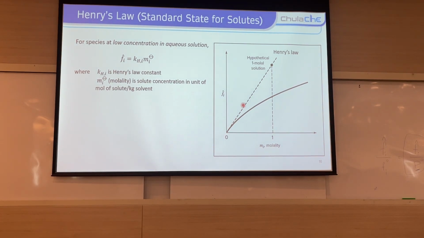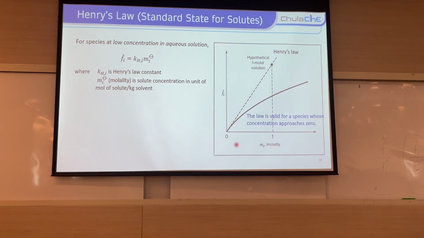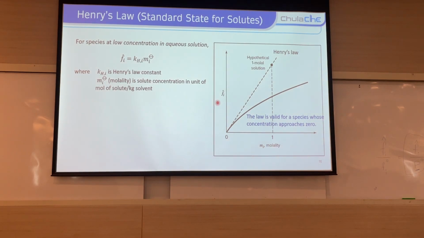You can get the straight line of Henry's law with the slope of the Henry's law constant. So in this case, if the actual concentration of species, when you plot between the fugacity and molarity, and the concentration is close to